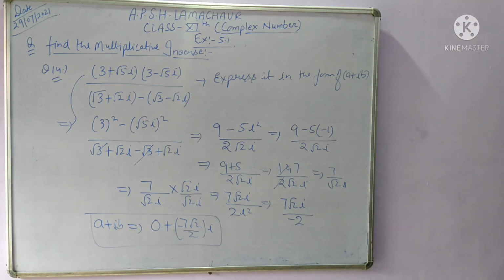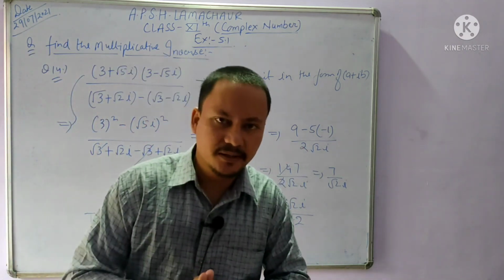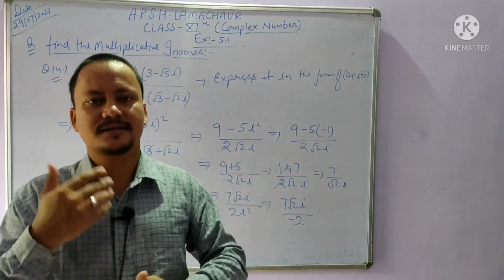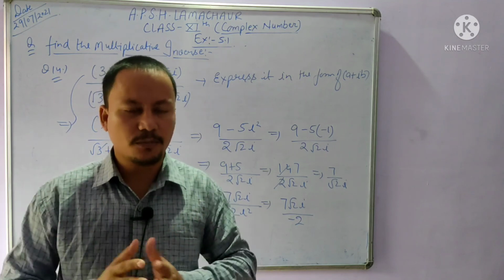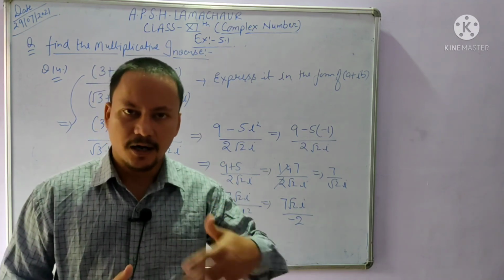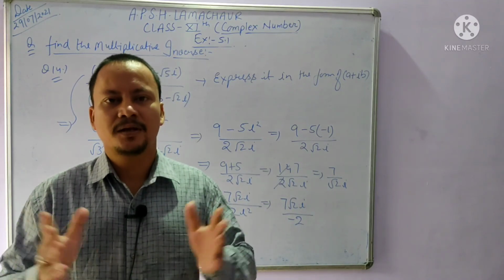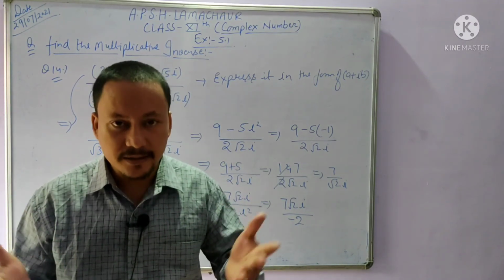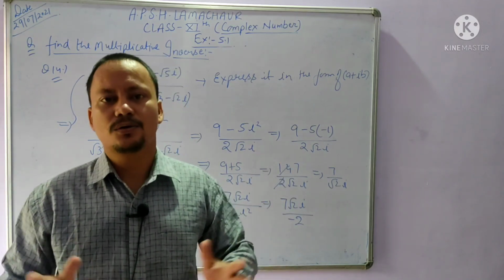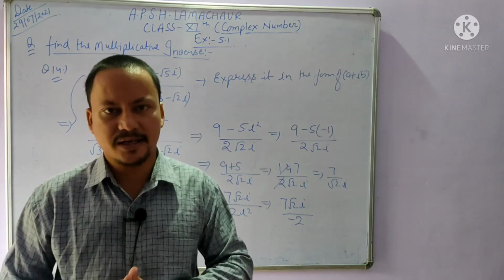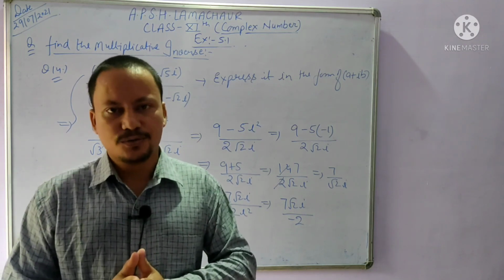So dear students, now exercise 5.1 has been completed. In my next video lecture as well as in the next Google Meet, we will discuss the next topic, which is the polar form representation of any complex number. How we will represent any complex number in polar format. We will also discuss the graphical representation of any complex number. Till then you have to complete this exercise as well as the examples. Please don't ignore the examples.